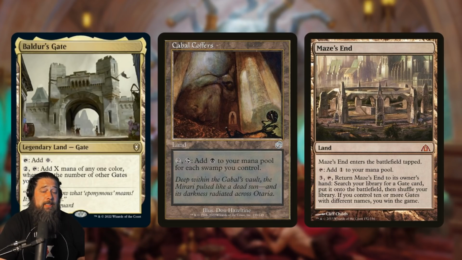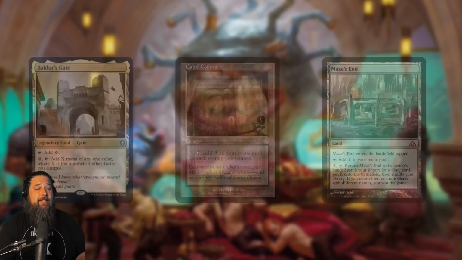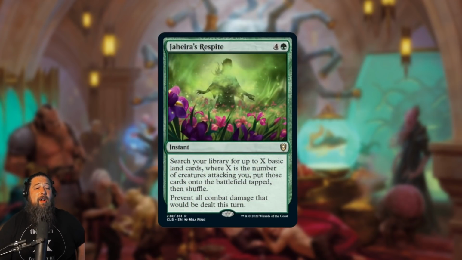If you're interested in the archetype, probably try to get your Maze's End soon, because I have a feeling that these lands are going to go up in price, as a lot of players are probably going to add them to their decks with this new gate support from Baldur's Gate. We also got